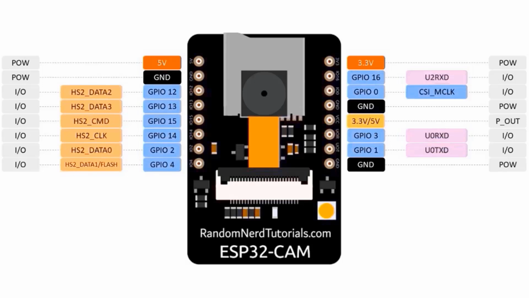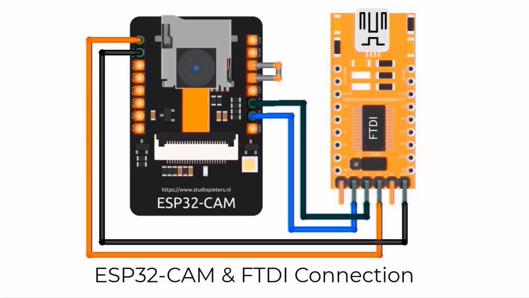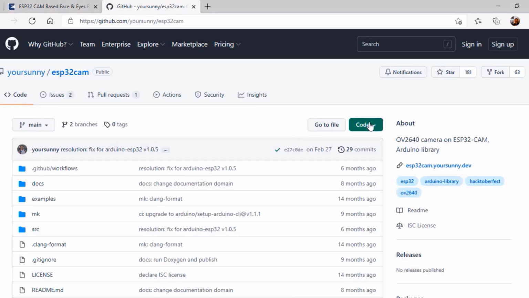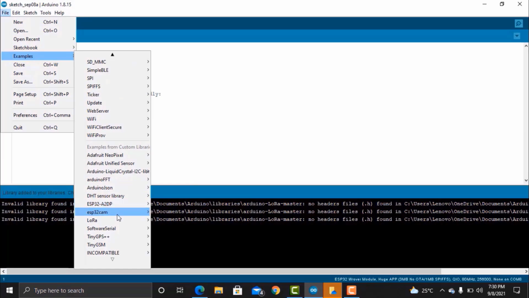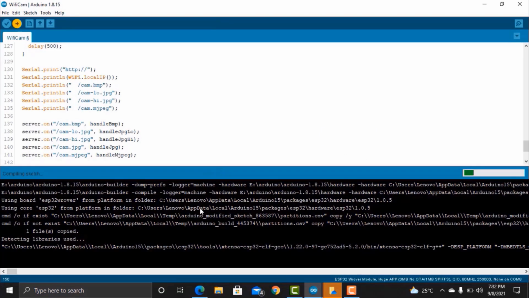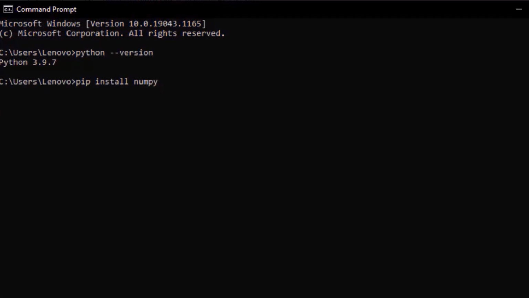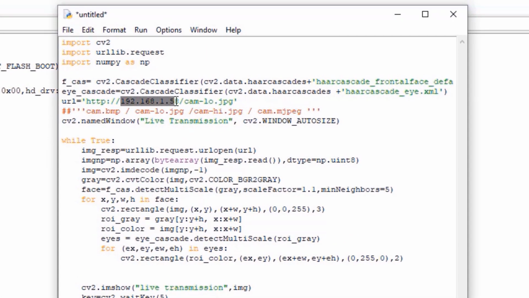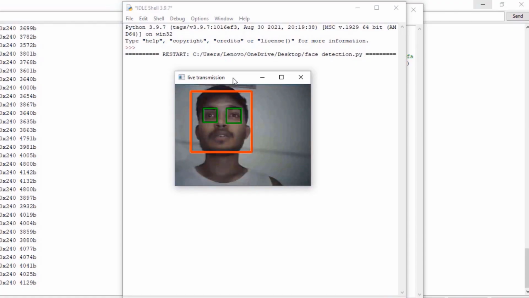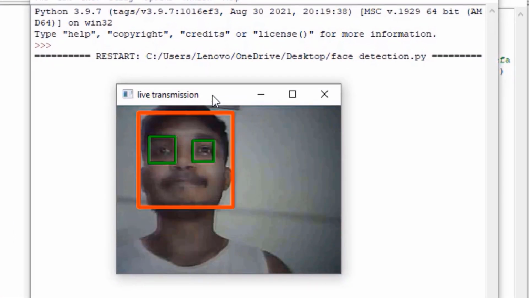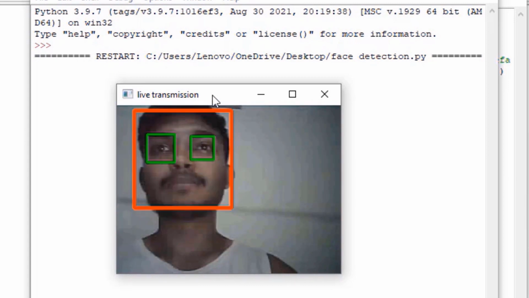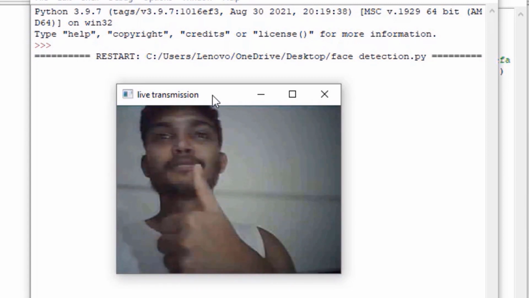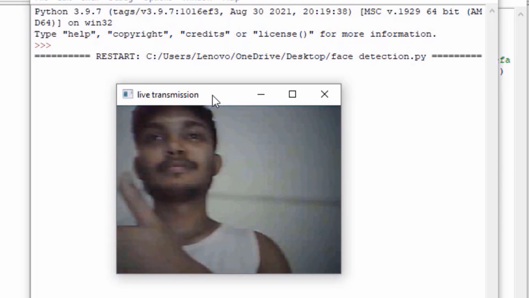We will go through the ESP32 CAM features, pins description and the method to program this device using the FTDI module. Then we will install the ESP32 CAM web server library and upload the example code using Arduino IDE. Apart from this, we will also install the required Python libraries. Later, we will go through the Python code for face and eyes recognition. This is an essential tutorial as you will be able to use any sort of image processing or machine learning on the live video without having to write it on the Arduino IDE. If you are really excited about this project, then watch this video till the end.